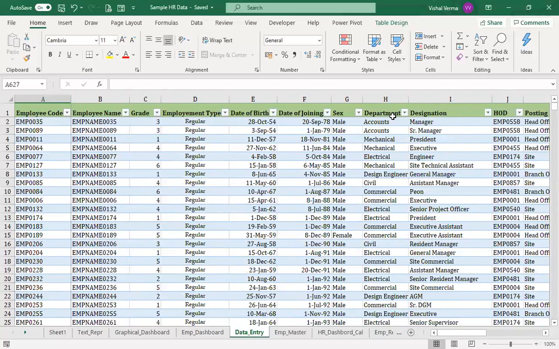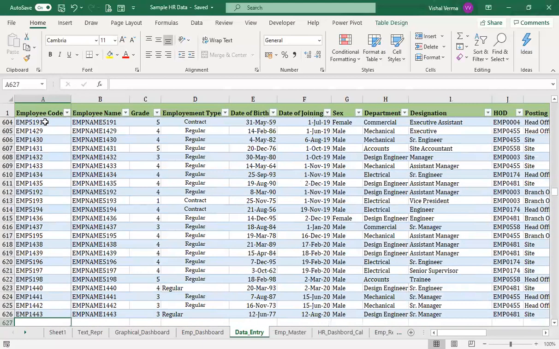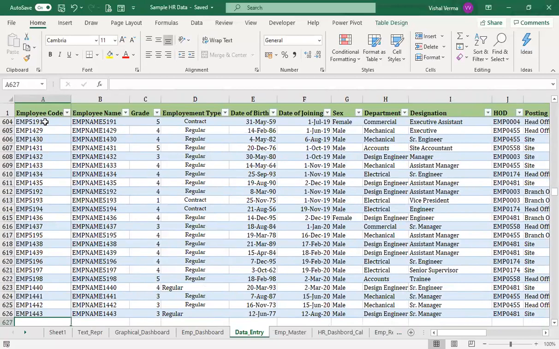Now, when anyone is designing an HR dashboard, they would say that they need some kind of instrument to add data at the lowest part, the data entry that needs to be done. For example, say some people have joined the organization on 12th of August. If we need to add the next employee, that will be employee number 14444, which needs to come after employee number 14443. And then we have to enter the different data.